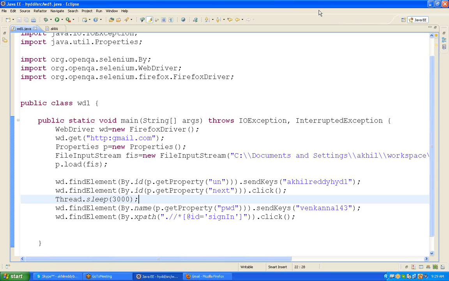We just wrote two extra lines. Properties p equal to new Properties. FileInputStream FIS equal to new FileInputStream with the path of the property file, and p dot load FIS. And in the place of XPath we are writing p dot getProperty. We gave un for username just for easiness. I am giving un, next password.